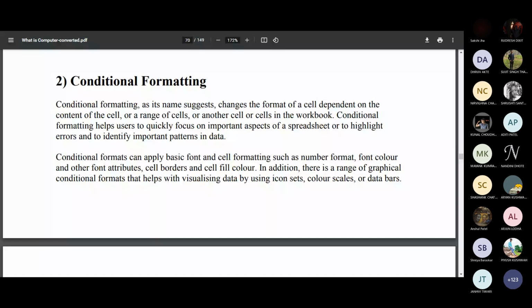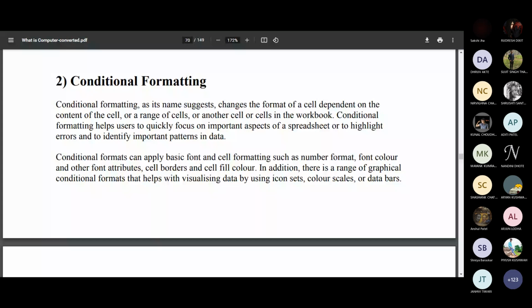Conditional formatting, as its name suggests, changes the format of a cell dependent on the content of a cell, a range of cells, or another cell or cells in the workbook. Conditional formatting helps the user quickly focus on important aspects of a spreadsheet, highlight errors, and identify important patterns in the data.